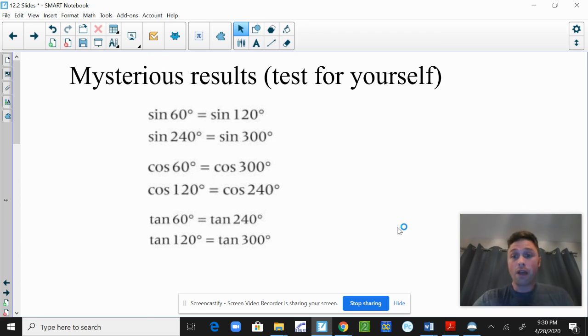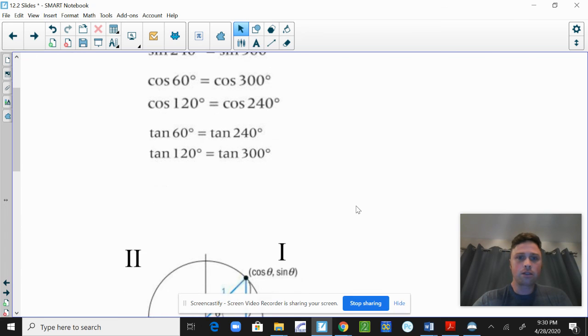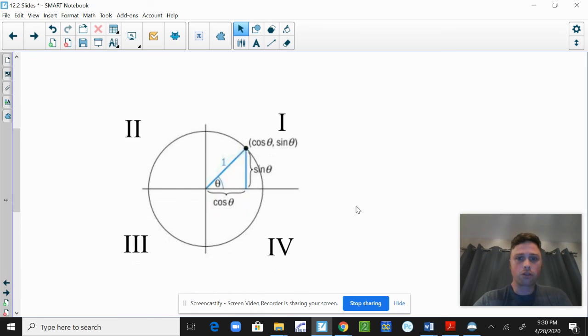Okay, so then we have to understand the sine and the cosine and the tangent differently than we did before. To understand this, we're going to be thinking again on the unit circle. It turns out if you have an angle in standard position and draw a radius on the unit circle at that angle, then the point where that radius hits the unit circle is going to have an x and a y coordinate, and we define the cosine as the x coordinate of that point, and the sine is the